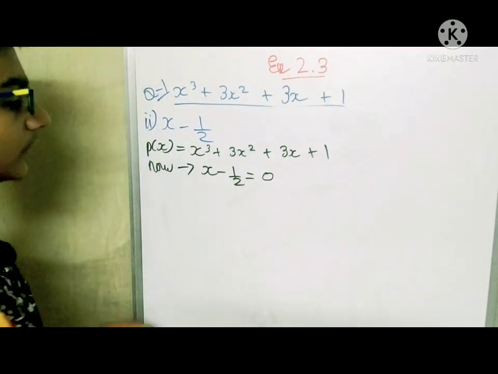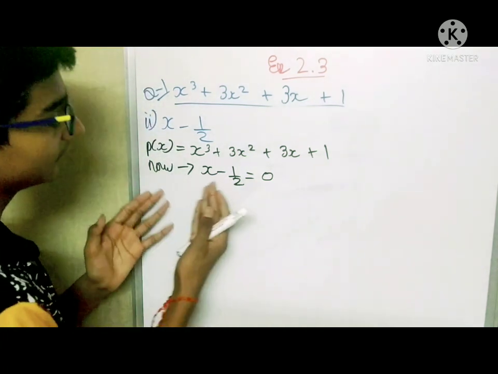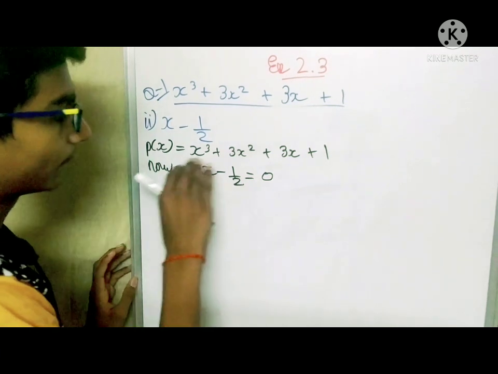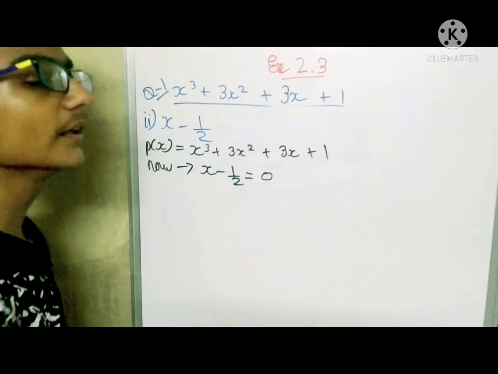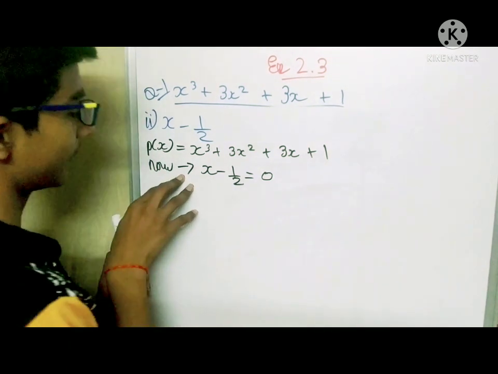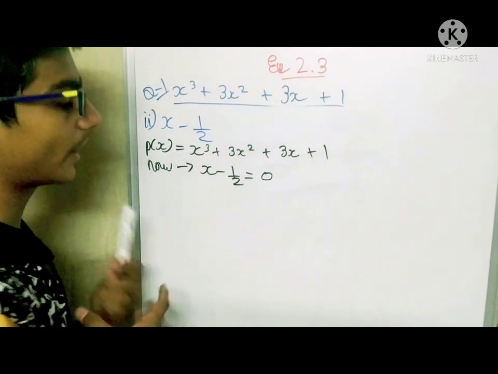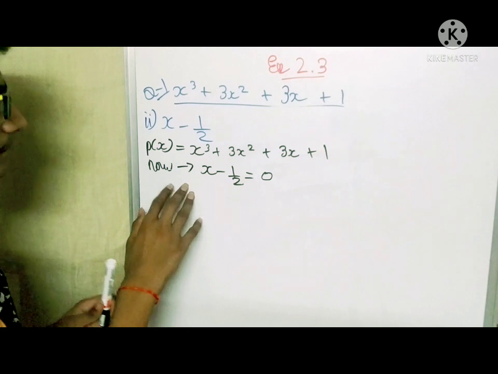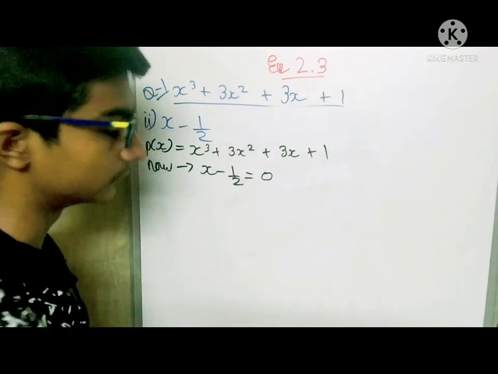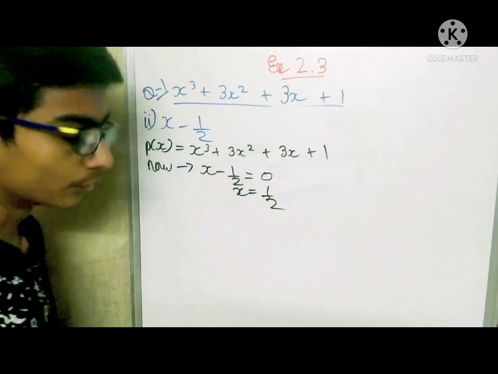The checker will think that you are solving this and the answer will be this, and you are solving this and the answer will be this. Being in line is better for an equation, not for a term. So please do not put an equal sign here. That's why I have put the arrow sign here, because many people do it. I have noticed. I have also done it. Now I have practiced and got the habit of not doing it. Now x is equal to 1 upon 2.